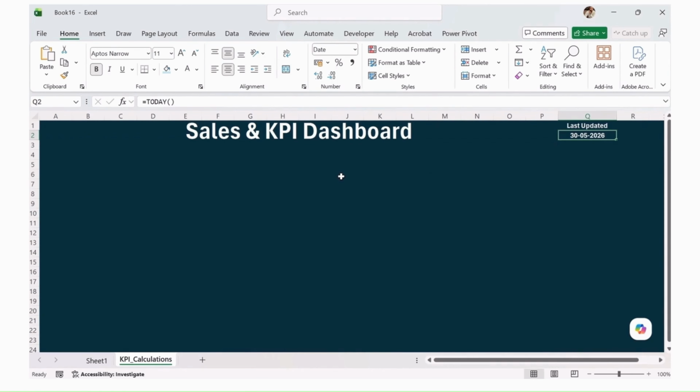Here, what we need is the total revenue. To get the total revenue, what I'm going to do is